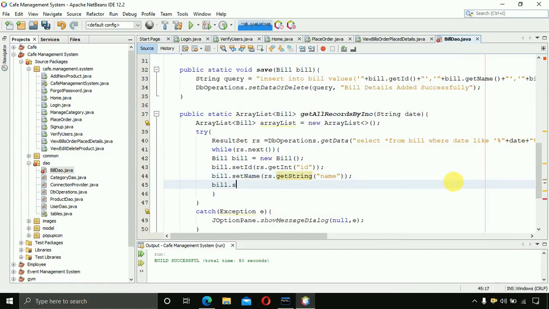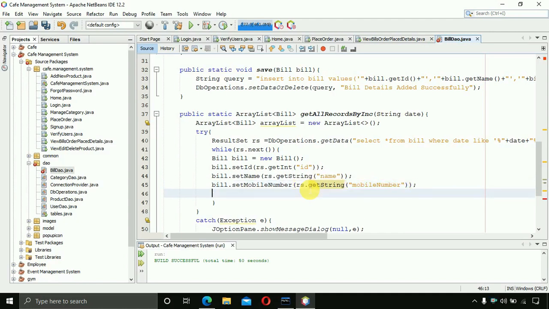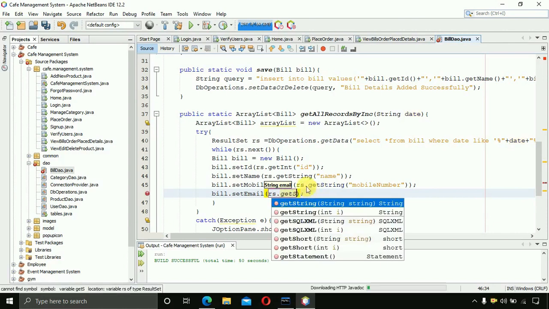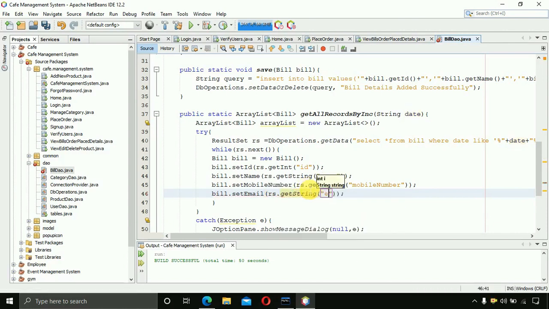Bill dot set mobile number, and here we have to just write rs dot get string, and here we have to just write mobile number. After mobile number, the next one is for email address. So bill dot set email, and here rs dot get string, this one, and in between we have to write email,